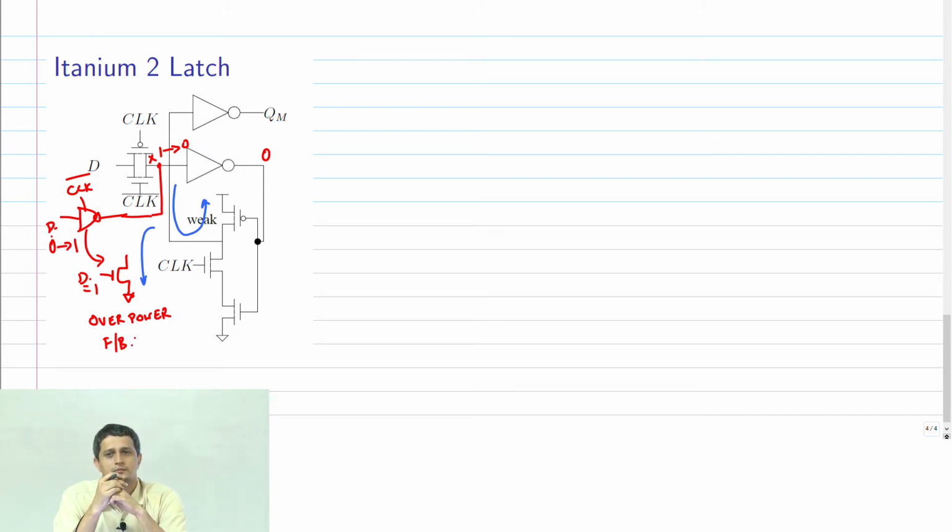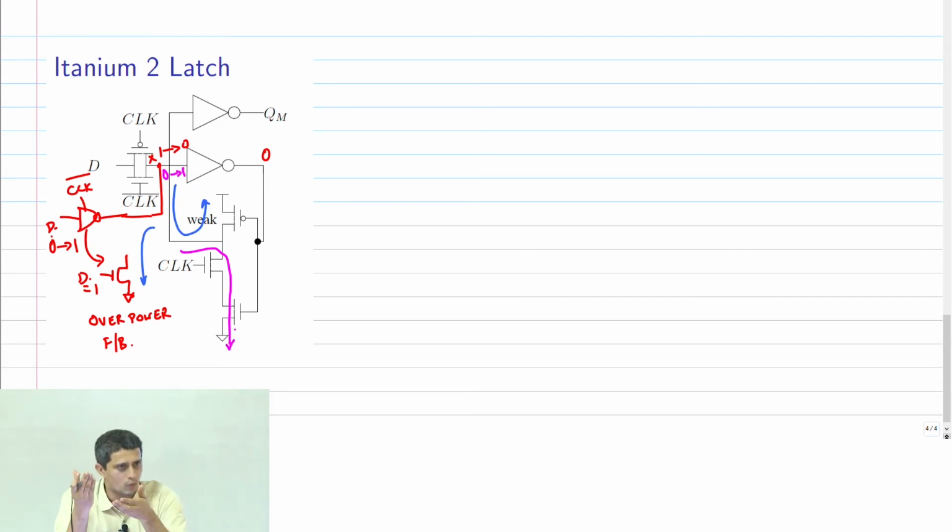Other way, suppose the node X had a 0 and I wanted to make it 1. Node X had a 0 means it was being pulled down through this path, right?